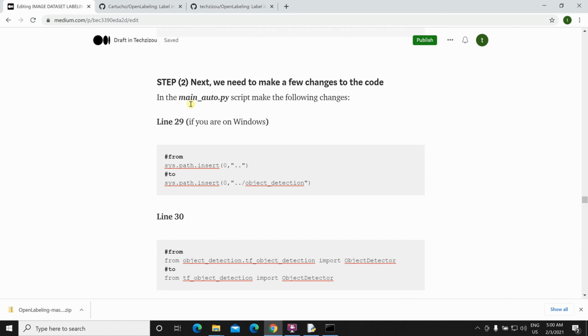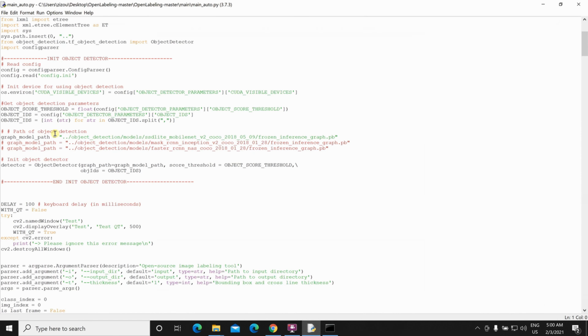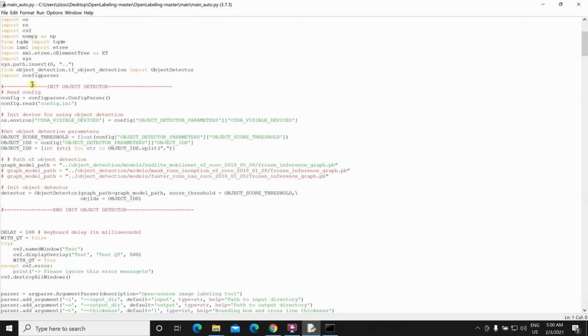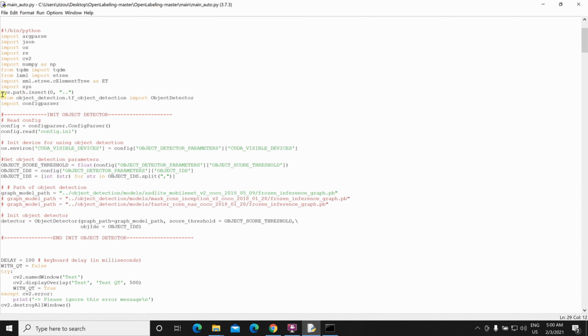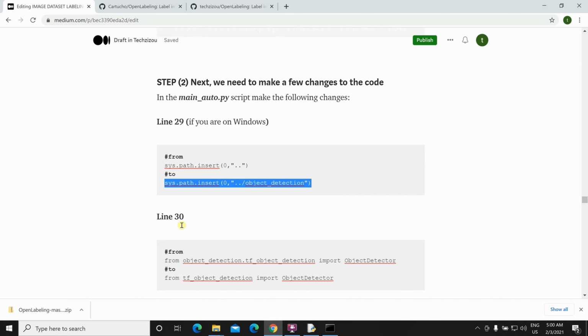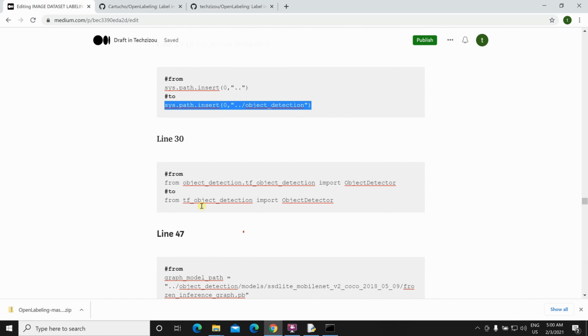Open the main_auto.py script and make these changes. If you're on Windows, change line 29 to this. Line 29 over here, change this, change line 30 from object detection, remove object detection,